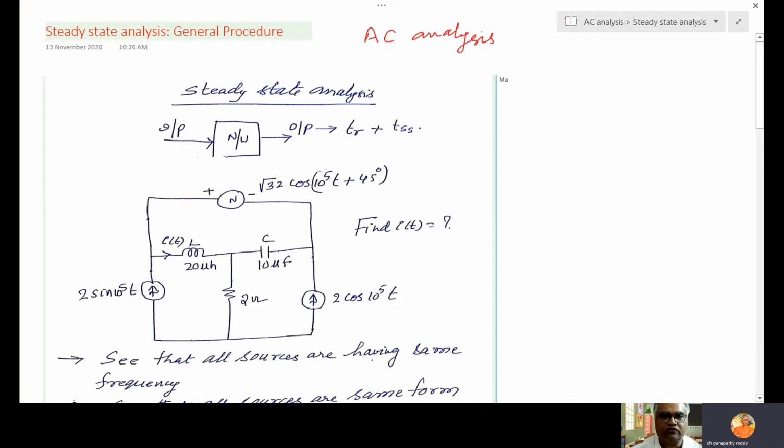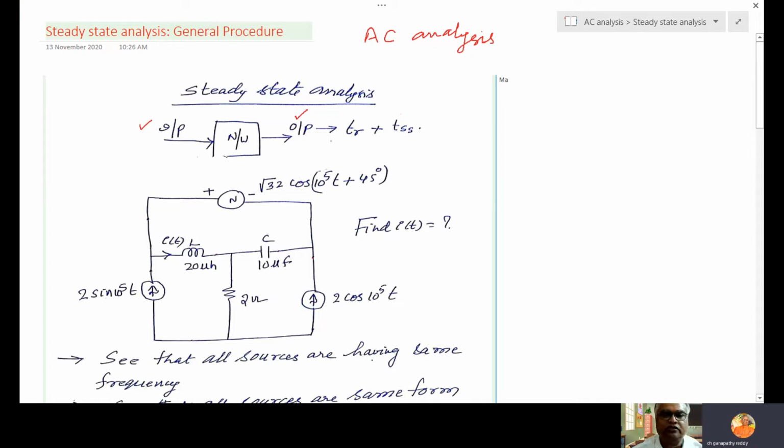Transient analysis with AC we do separately. Only in the transient topic do we study transient analysis. All other topics by default are steady state only. Any network, when we apply input, will give an output that contains transient plus steady state. Once the transient dies out, only then do we get a steady state. So in reality transient comes first, but just for our convenience we are studying steady state, and the transient will come later.